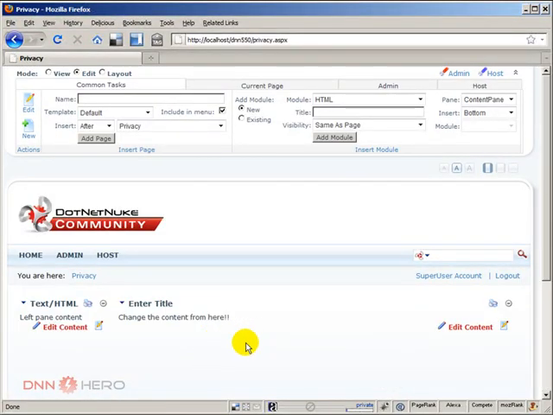I can do whatever I want with those pages. I can use any type of skin. I can put any type of content. I can set them up as just regular pages. So basically, this is how we go about customizing the privacy statement and the terms of use page in your